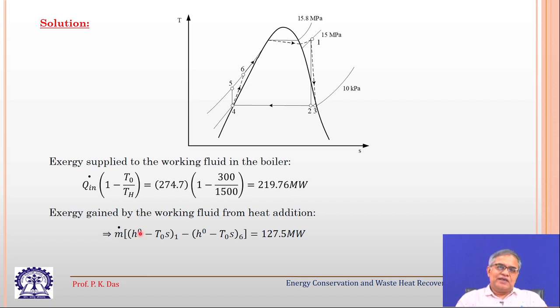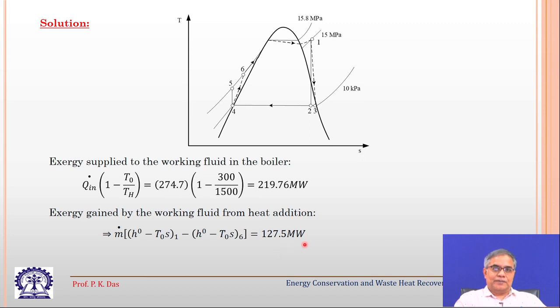So H basically denotes the enthalpy in this case, but when I represent it by this symbol, it is nothing but methalpy, which constitutes enthalpy, kinetic energy and potential energy. This is the formula, and T0 is the environmental temperature, which is 300 Kelvin. With this we have done the calculation, and the exergy gained by the working fluid is